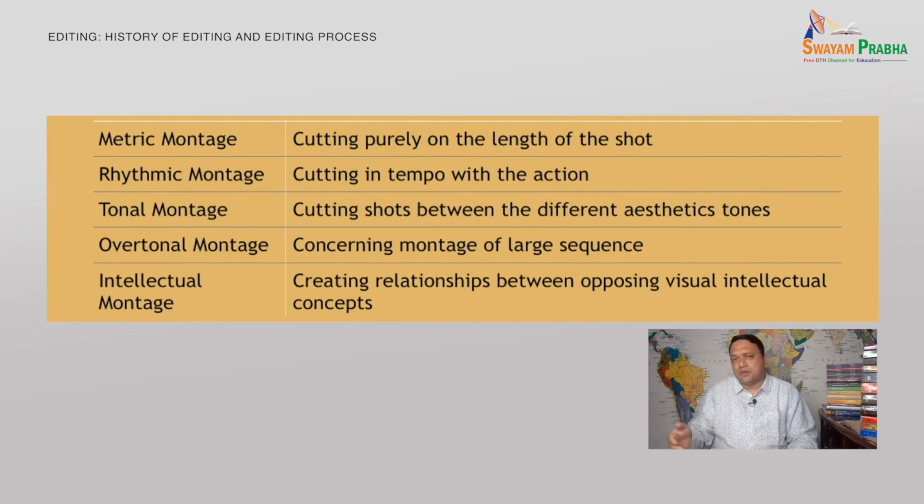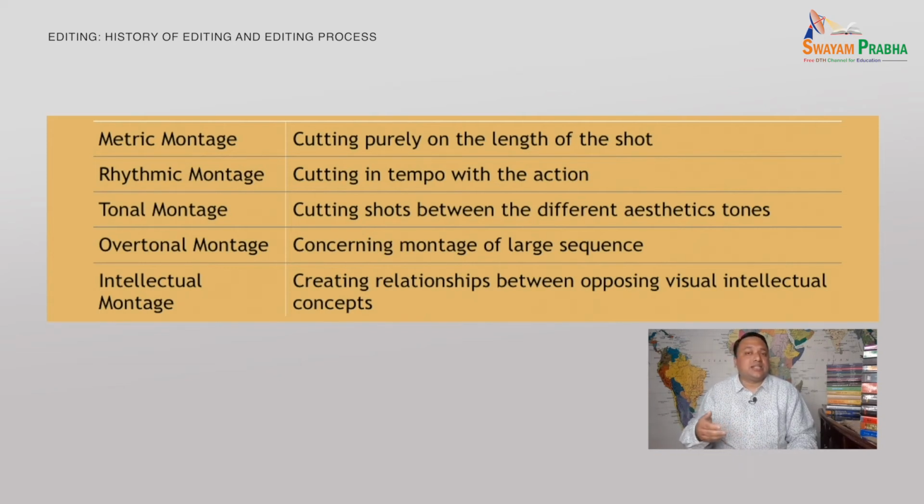Eisenstein's next film, October: Ten Days That Shook the World, which was released in 1928, the 10th anniversary recreation of the Bolshevik Revolution, was full of this intellectual montage. The montage theory was even pushed further in the 1950s by the French New Wave and other visionaries like Alfred Hitchcock. You must have seen one of his films, Psycho, which was released in 1960,